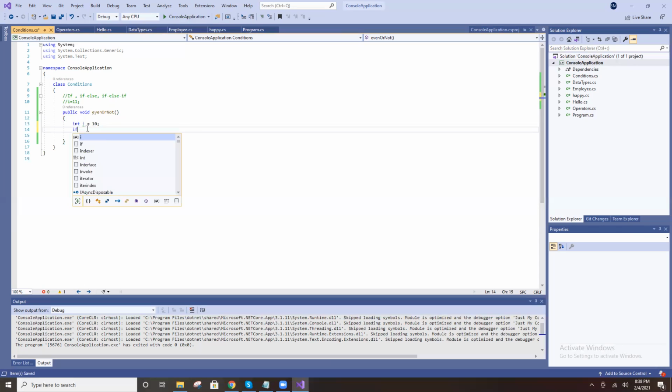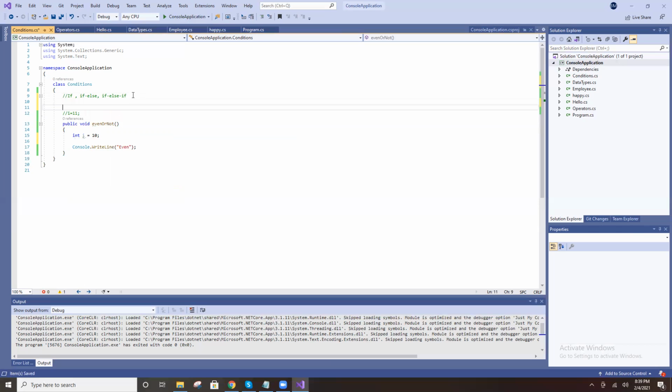This is the syntax for if: if, then the condition, then open bracket and close bracket.